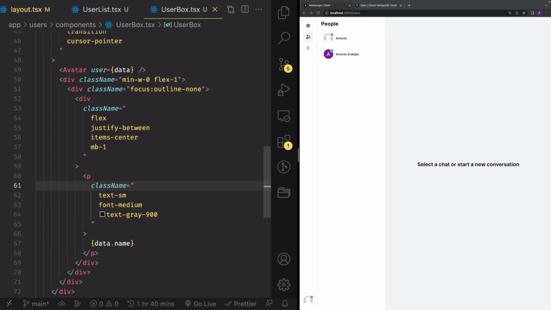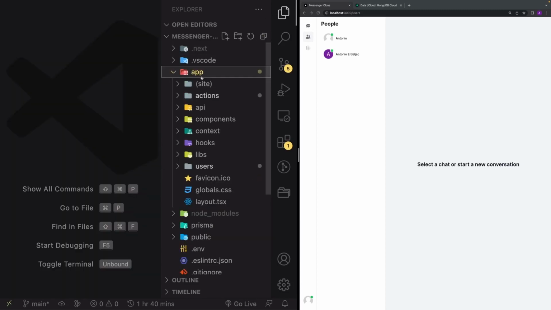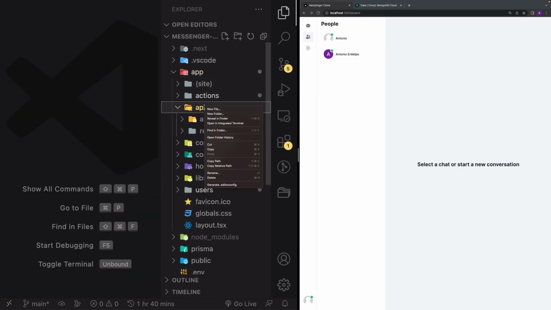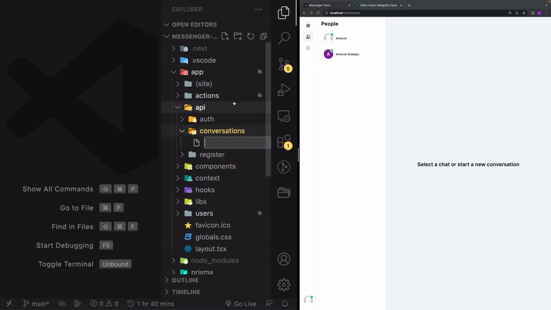So let's continue and let's create an API route to create our conversations. So let's open our sidebar, and I'm going to collapse everything here. I'm going to go into the app folder, into the API folder, and I'm going to create a new folder called conversations, like that. And in the root of that folder, I'm going to create a new file called route.ts,